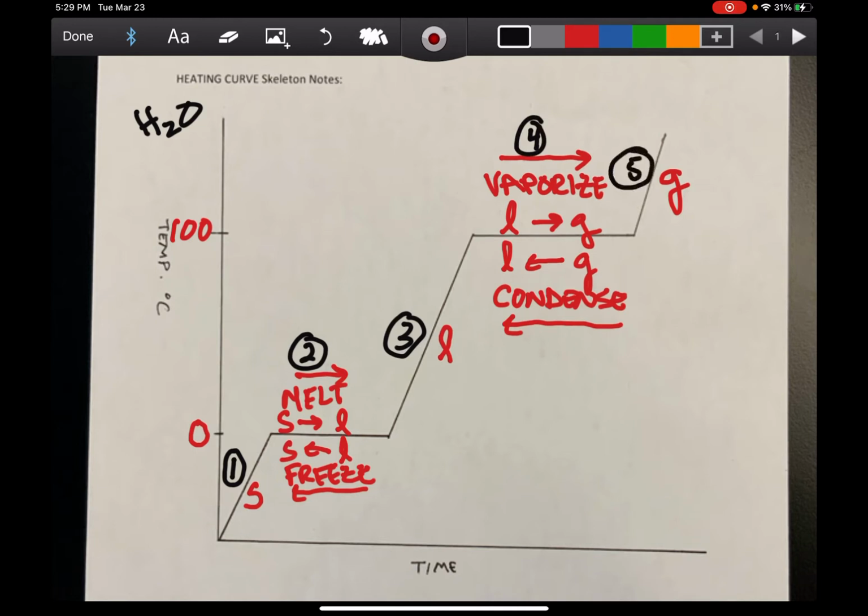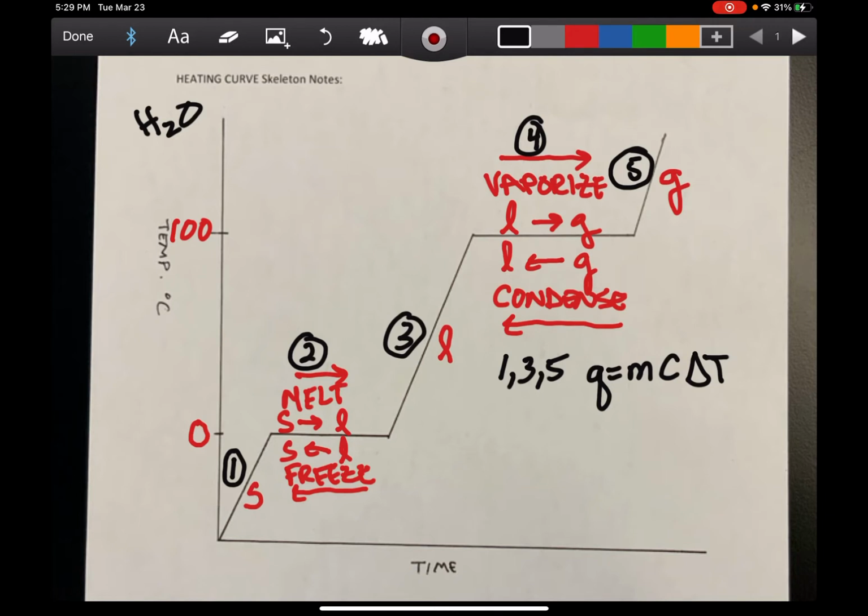All right. So we're going to identify the different parts and what formula to use. On parts 1, 3, and 5, you can see that's where we have a temperature change, because the graph is increasing or decreasing. There's no flat line on 1, 3, and 5. So when you're in 1, 3, or 5, you're going to use Q equals MCΔT, the specific heat formula. Remember, Q is your heat, M is your mass, C is the specific heat of that substance, which happens to be water, and